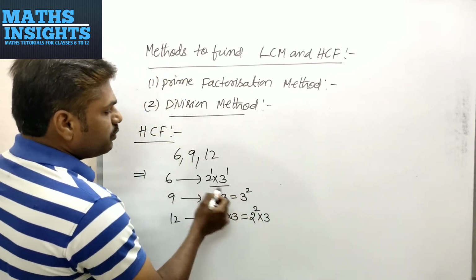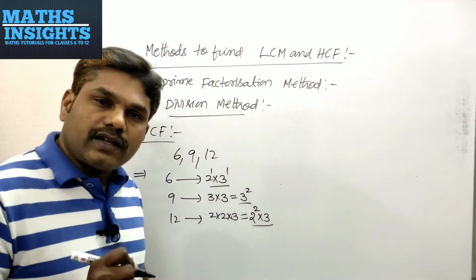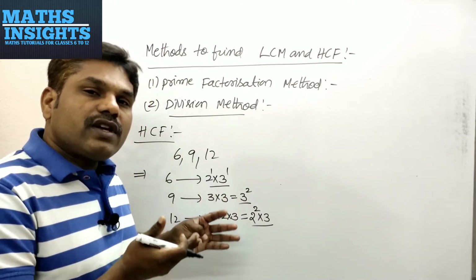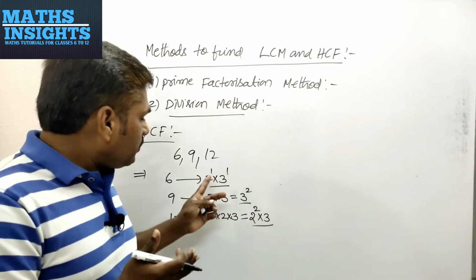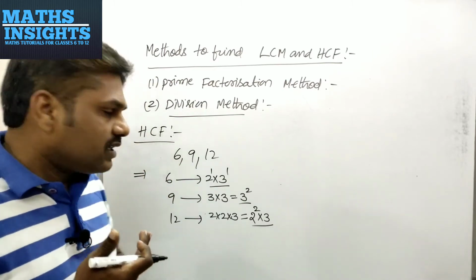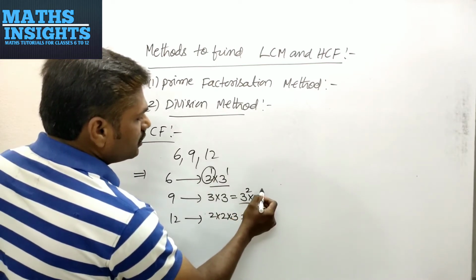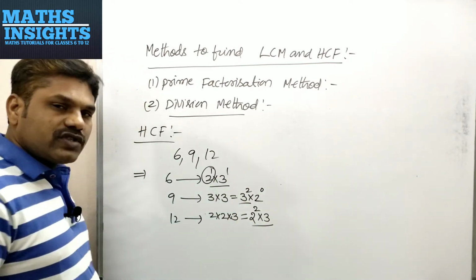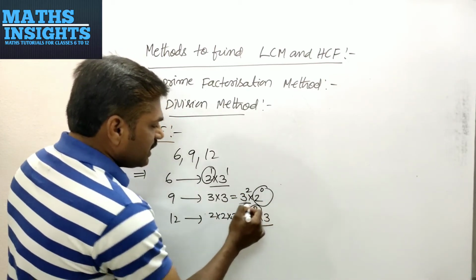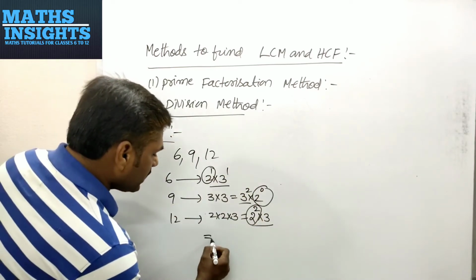So after prime factorizing all the given numbers, you have to take the factor which has the least exponent. In the previous LCM, you took the prime factor which has the highest. Now we have to take the least. If you observe, 2 power 1, here you could not find 2, but I am writing it as 2 power 0. 2 power 0 is 1, therefore it will not make any difference. In all these three, 2 power 0 is the least, therefore I am writing HCF equals 2 power 0 into